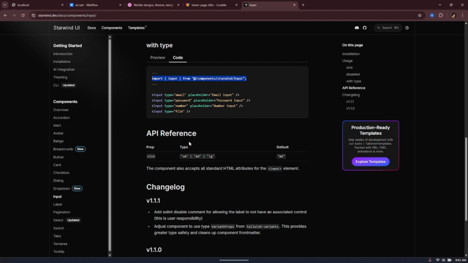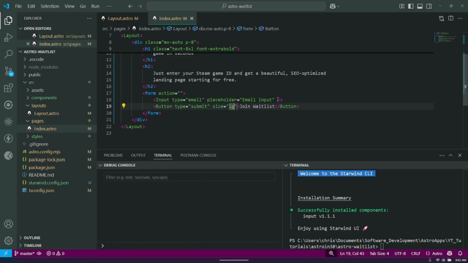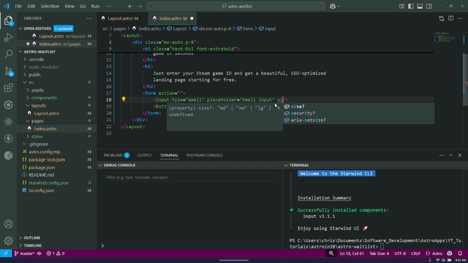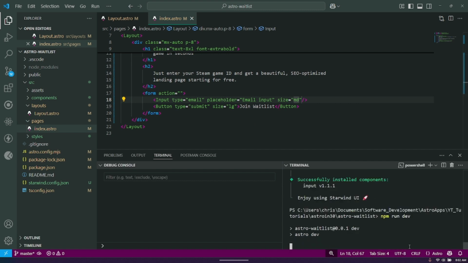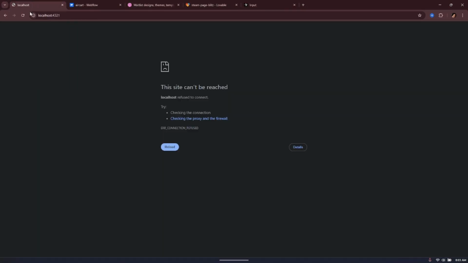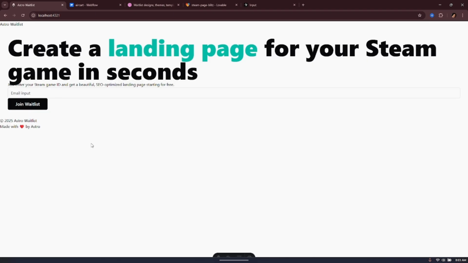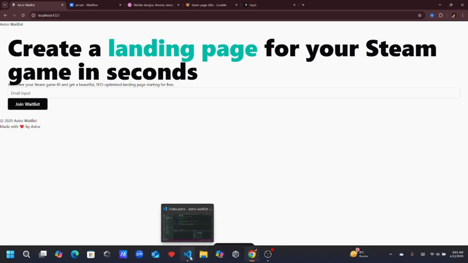So that's that. As you can see, we've got sizes here. We can actually add the size md to the input type. So go size md. So let's see and take a look at what this looks like. npm run dev. And if we go to our localhost, okay, so we've got sort of what we want to go with,